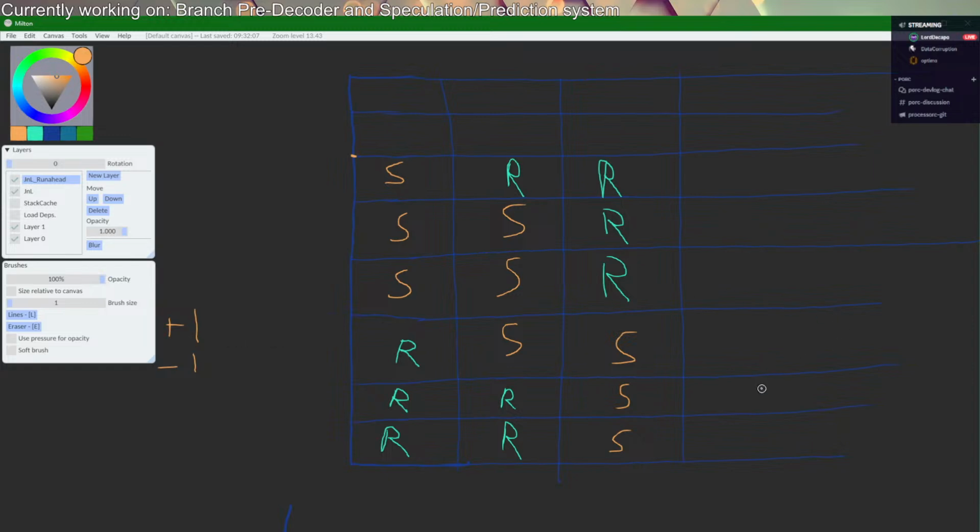Oh, we have one other scenario. Speculative. Run ahead. Speculative. So, okay, I think I just solved my own problem. Okay, so let's say,